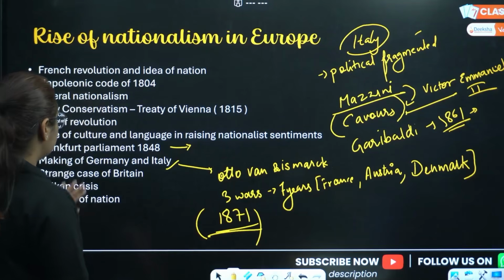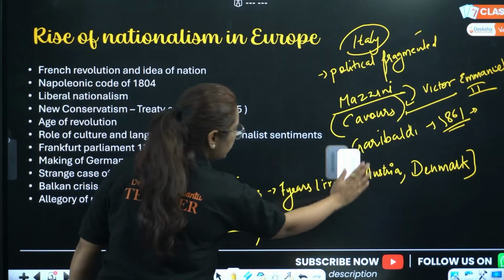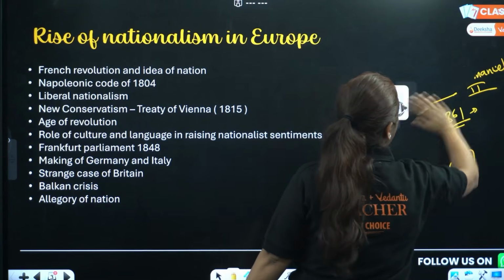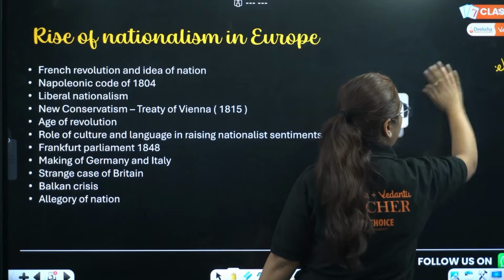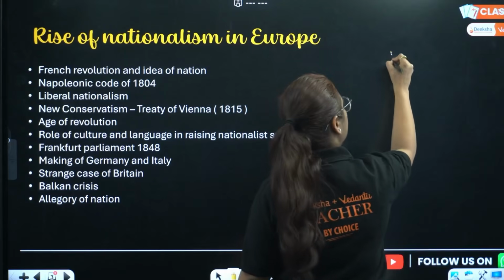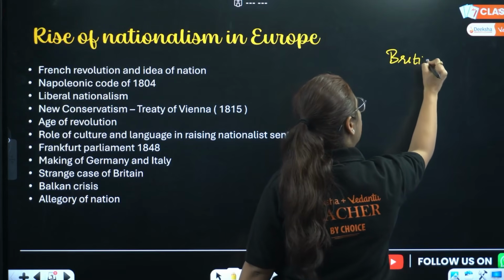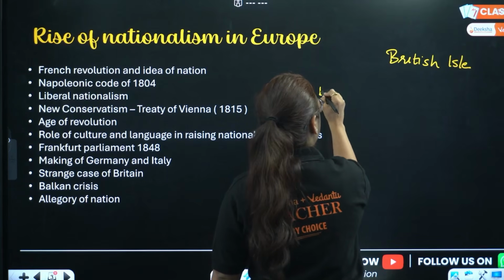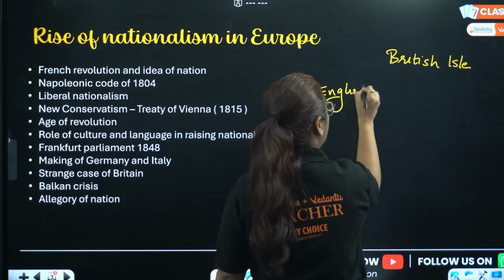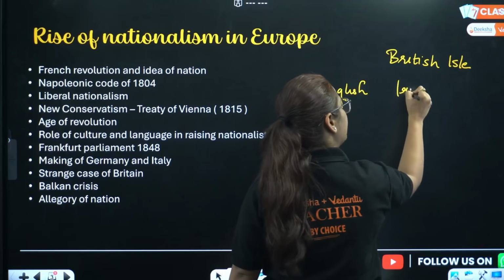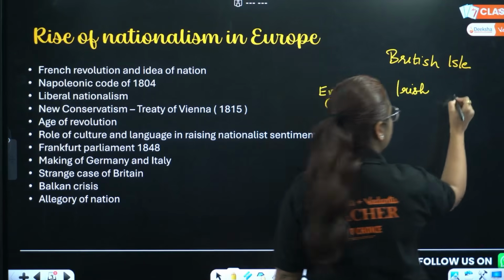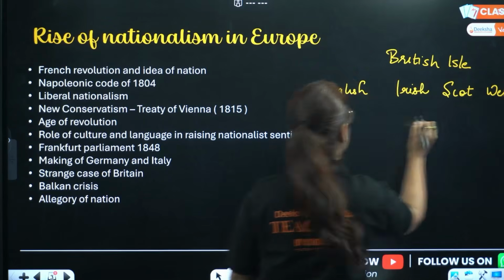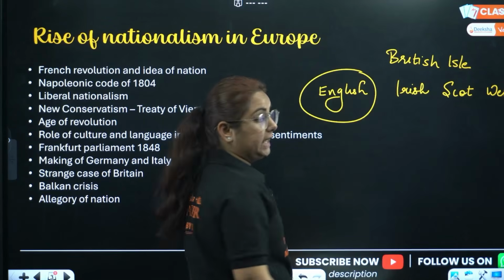Okay, then comes the case of Britain. Okay, students, this is very, very important. We are moving to the last part of the chapter. Coming towards the case of Britain, my God, a very, very important case. So there were the British Isles. Isles means islands, okay, which included the territory where people speak the English language, the territory where people speak the Irish language, then there were the Scots, and there were the Welsh. Now what happened? Pay attention. These English people gained power.